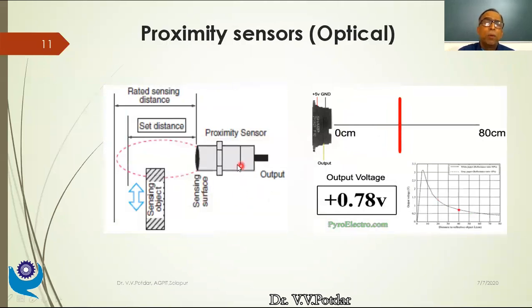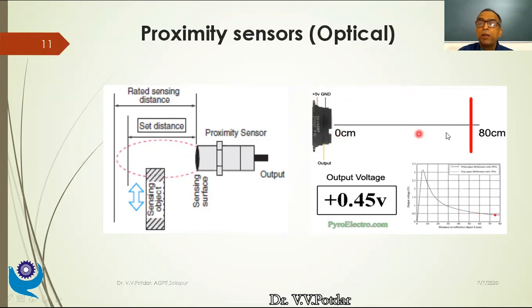So I have the optical device once again. I have a photo emitter, and the distance can also be set, depending on what distance you want to sense whether there is any obstacle or any object coming in the path. So depending on whether this object is cutting the path of my light beam, in the case of an optical sensor, accordingly it will generate different voltages.